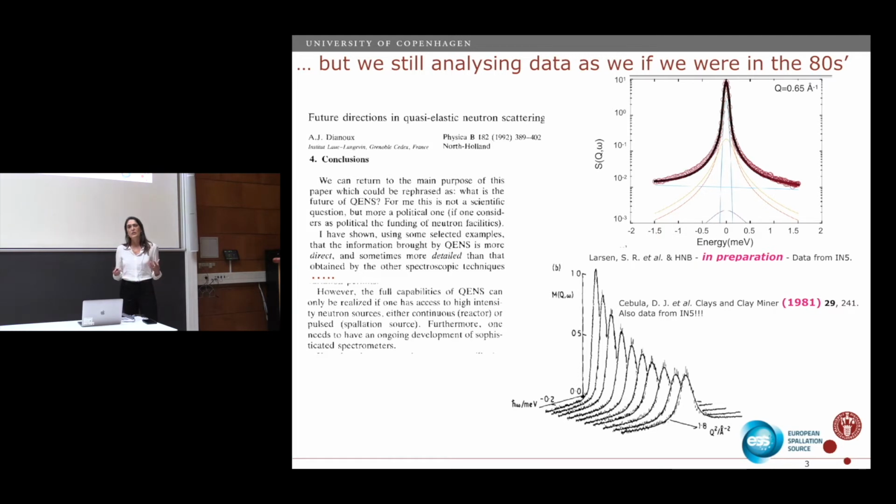Because quasi-elastic neutron scattering is a broadening of the elastic line. So here I have intensity and energy. I have energy equals 0, and then I have a broadening. And this broadening tells me about relaxations. So that is why I can figure out what is the water diffusion in different systems. Okay? So we analyze it by deconvoluting Lorentzians, as we always did.